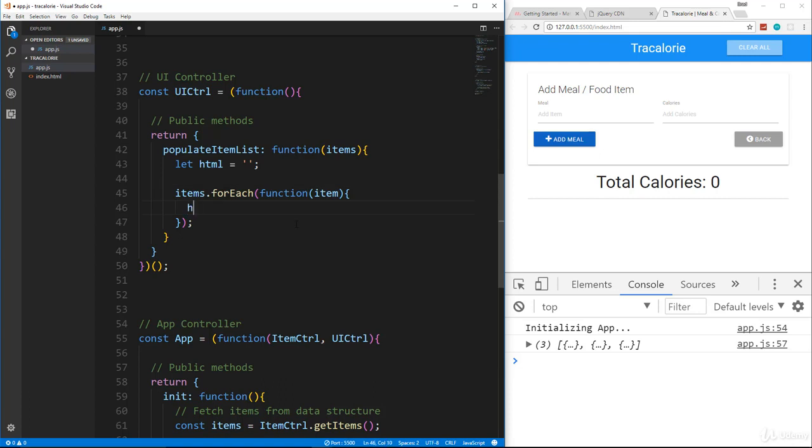And then let's take that HTML variable and let's append to it. So we can append with plus equals. And then instead of doing the old concatenating ES5 way, we're going to use template strings so that we can put variables right inside of here. Okay, so we're going to have a list item. And remember, we want the list item to have an ID,